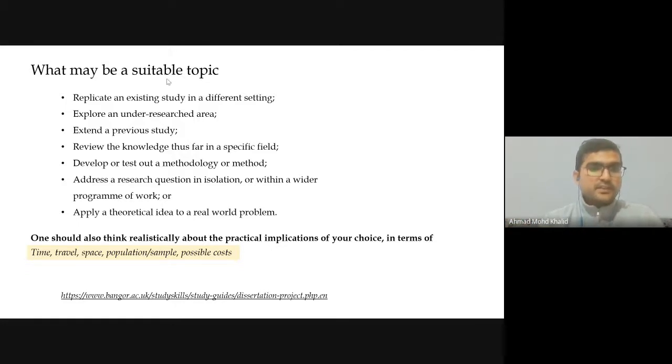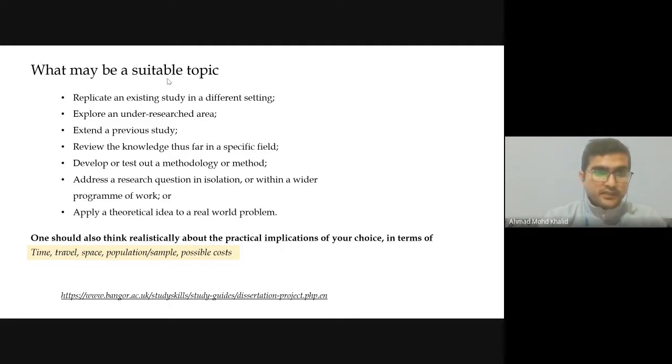Similarly, there can be theoretical ideas applied to real world problems. You don't know how you will accomplish that, but you have some idea of how it will look. For example, the government of India recently, the Honorable Prime Minister, committed to net zero by 2070. Nobody has seen 2070. So somebody thinks of how India should approach achieving net zero in 2070. That would be a theoretical idea we are talking about.